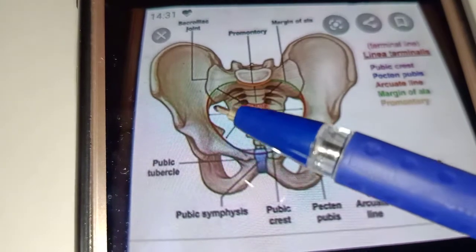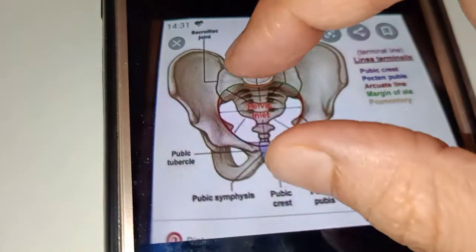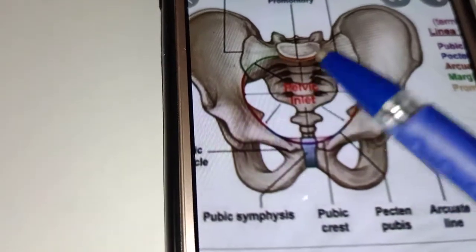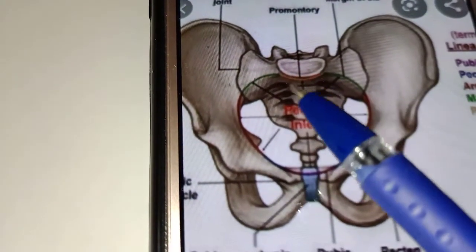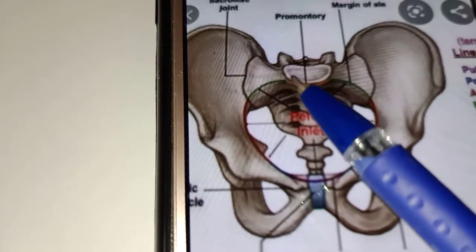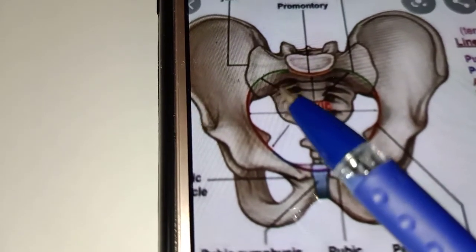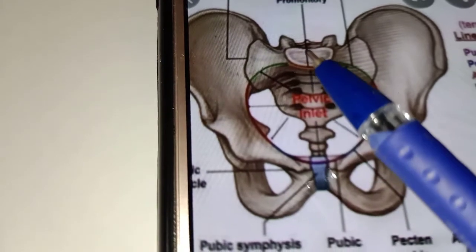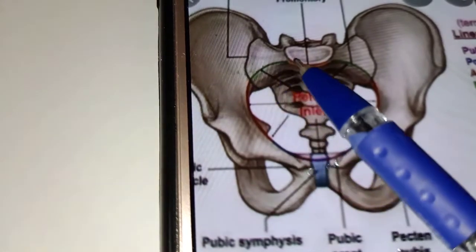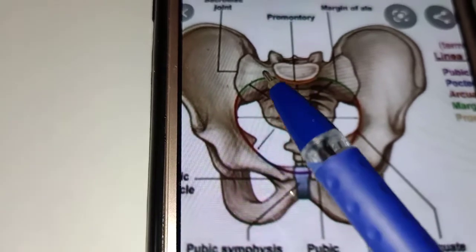This is the pelvic brim, that is the boundaries of the pelvic inlet. So, these are the boundaries of the pelvic inlet. I will show you what the boundaries are. You can see here, first, posteriorly is the margin of the sacral promontory. Then the superior and the anterior surface of the sacrum, the superior surface of the sacrum and a little bit above the anterior surface of the sacrum, also forming the margins.